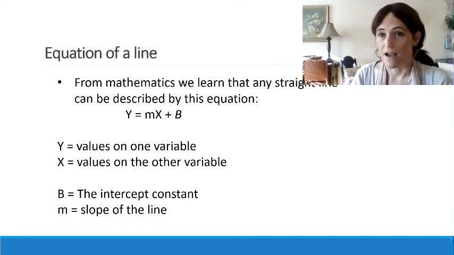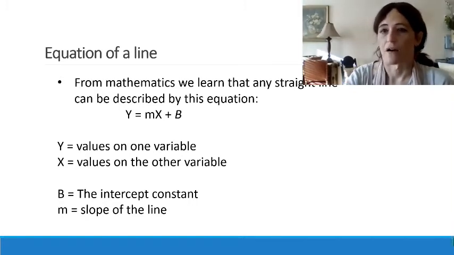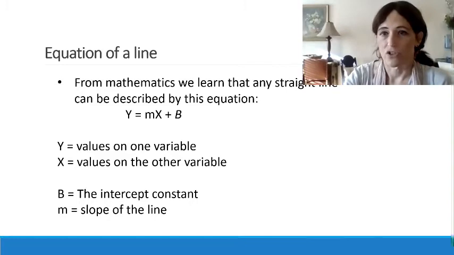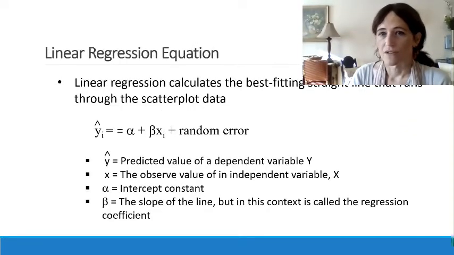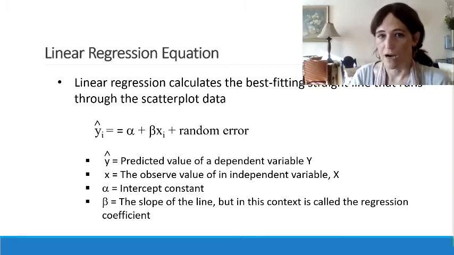We are also going to have a slope and an intercept, just like with an equation of a line. It's slightly different, however, in terms of how we write this out, and also in terms of what we're really interested in interpreting from these linear regression equations. So a linear regression equation looks very similar to an equation for a line, but our interpretation of it is a little bit different. So here we have y hat, which is our predicted value of a dependent variable y,